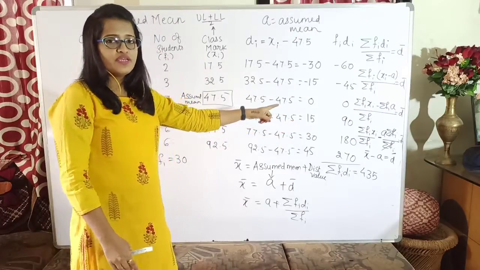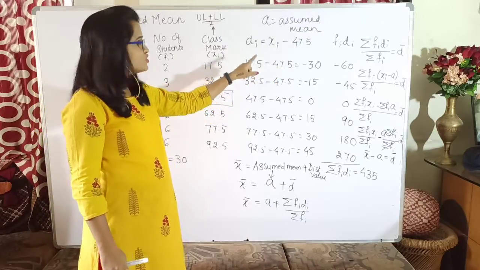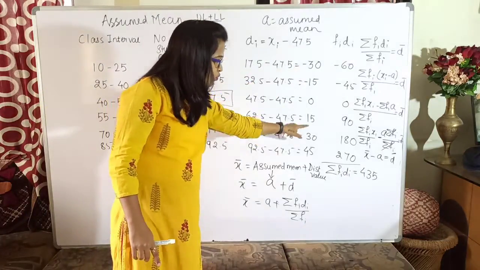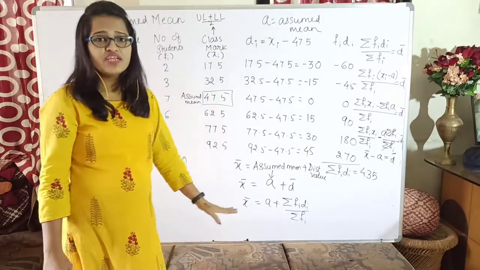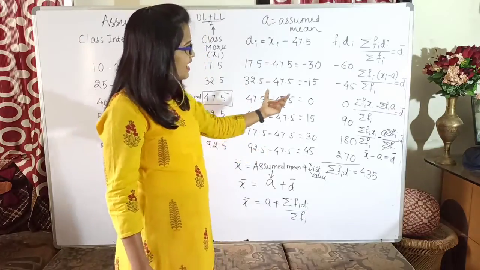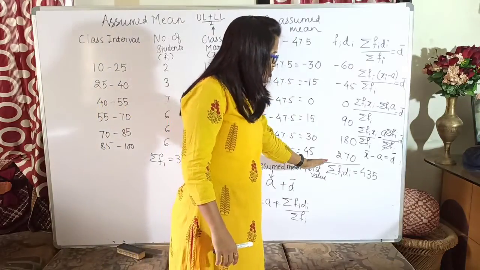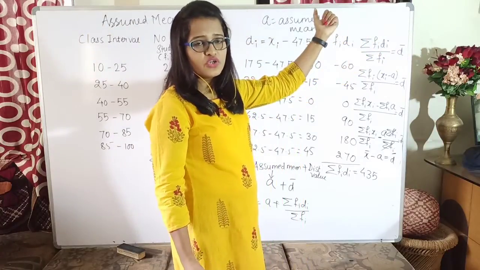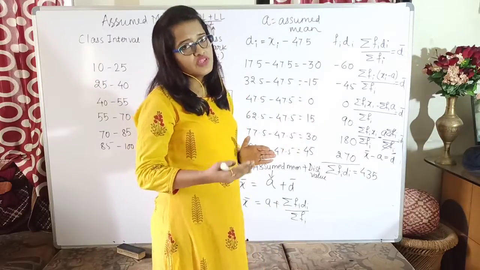The next column will be, now instead of multiplying the frequency with x, I will be multiplying the frequencies with di. As you can see, the calculations were very easy since all the numbers were whole numbers, and when you multiply with the frequencies you got values very quickly. Yes, the calculation was very easy. And then I found the summation of this column. Now this summation was denoted as d bar, just like the average of x we denote as x bar. D is nothing but the deviation of the observations with respect to the assumed mean.